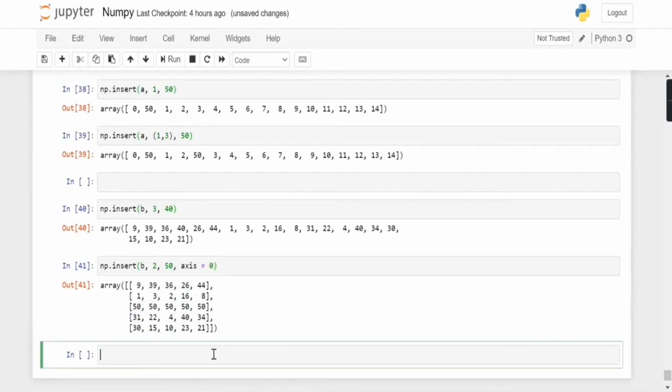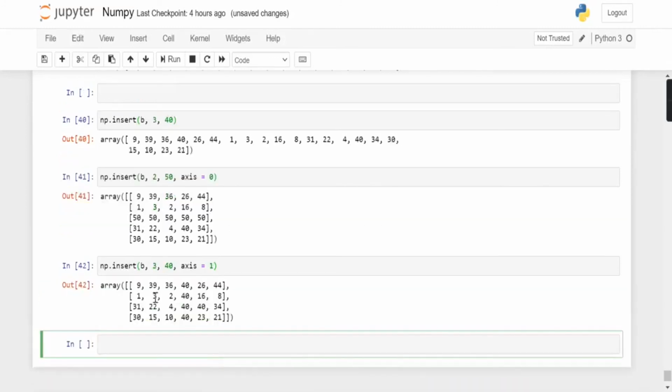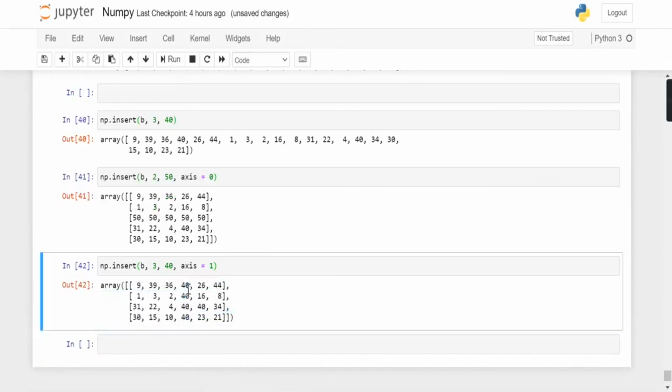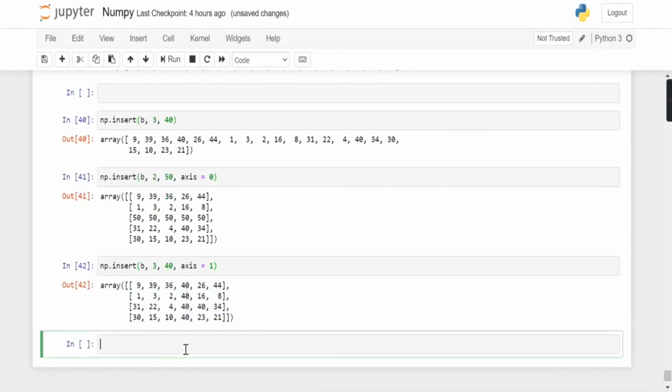Now when I try the same for axis equals 1, np.insert B, let's say 3, and here I want to add the value 40, and axis equals 1, and at position 3, that is 0 1 2 3 of axis 1, I have successfully added 40.